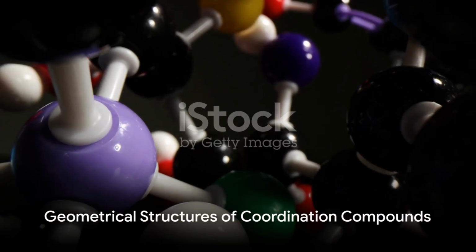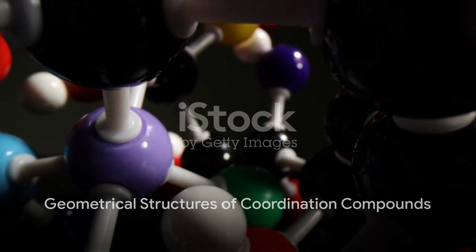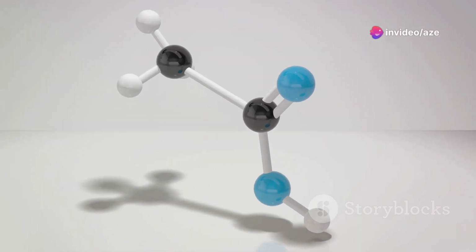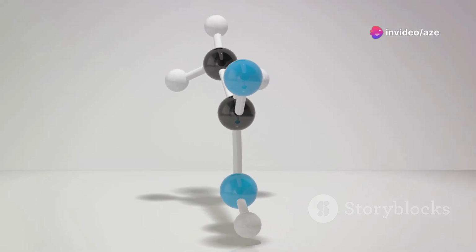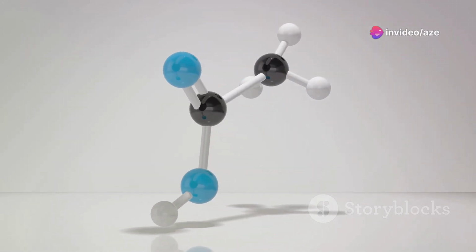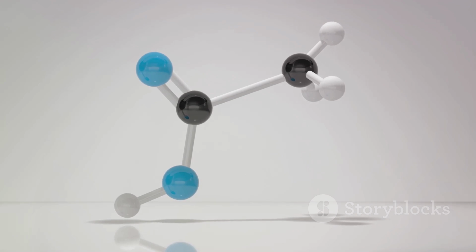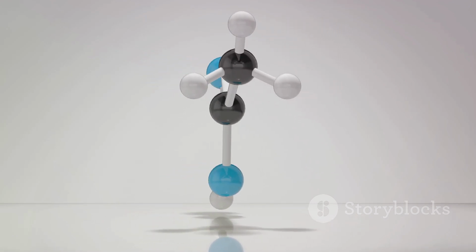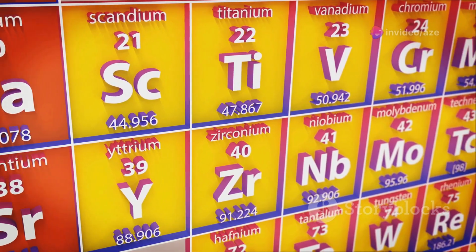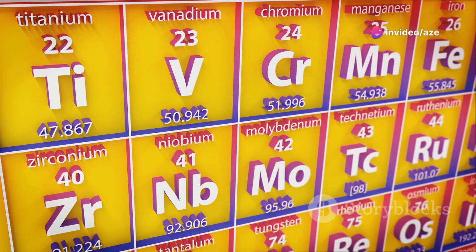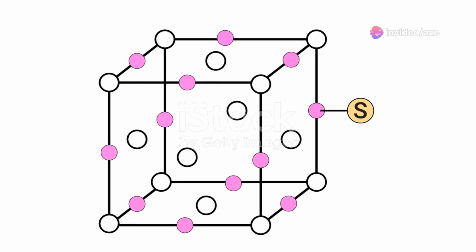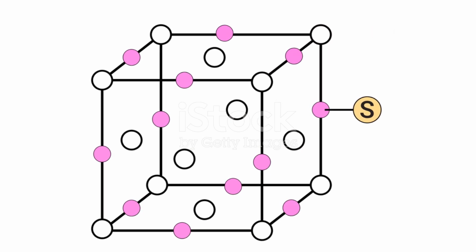The coordination compounds also have geometrical structures. For example, compounds with coordination numbers of 2 have linear geometries, whereas those with 4 have 2 possible geometries. Metal atoms or ions with d10 electron configurations tend to form 4-coordinate complexes that are tetrahedral, while those with d8 electron configurations form square planar complexes. Most 6-coordinate complexes have octahedral geometries.